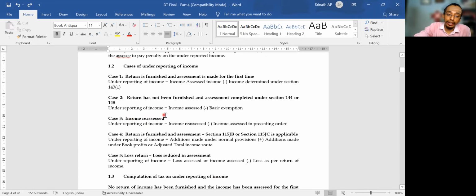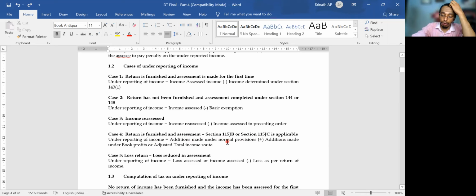Case 3, income reassessed. Underreporting of income would be equal to income reassessed minus income assessed in the preceding order. Take the preceding order, whatever we have got. Return of income is furnished and assessment under section 115JB or 115JC is applicable. Underreporting of income would be additions under normal provisions plus additions under